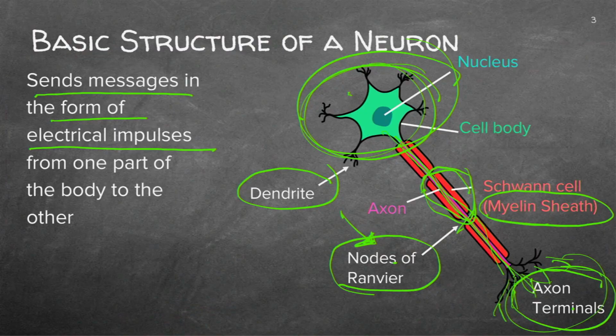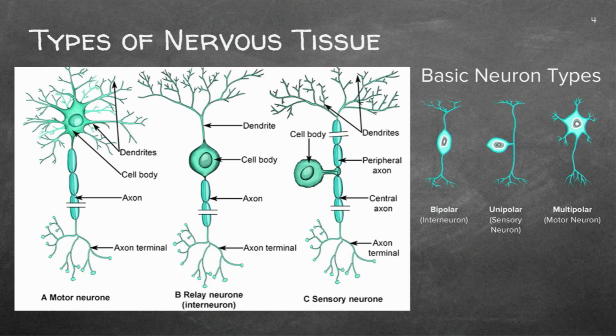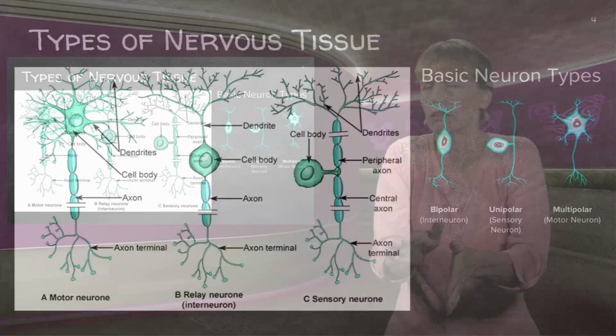We have our Schwann cells covered with a myelin sheath, and then we go and look at the different types of nervous tissue. Remember, I mentioned some go in, some go out, and then you have the connective bit in the middle. So here we have a motor neuron. I'm not going to do the great detail that you need in grade 10, 11 or 12, but you are doing this 3-year course. You will get to know it. You'll be so good at it.